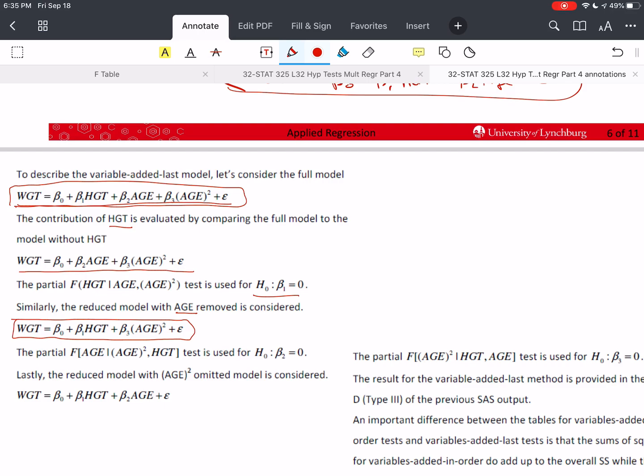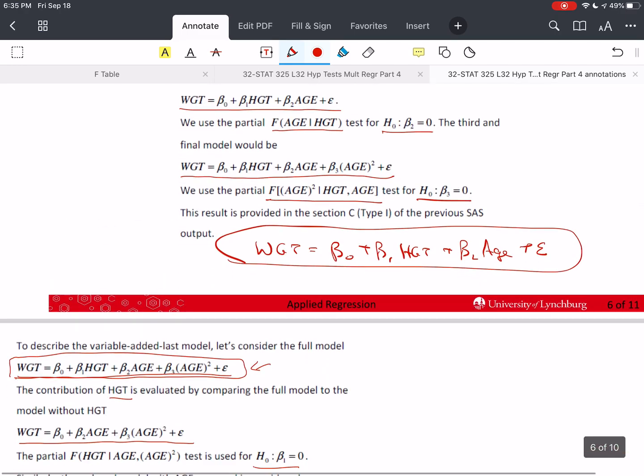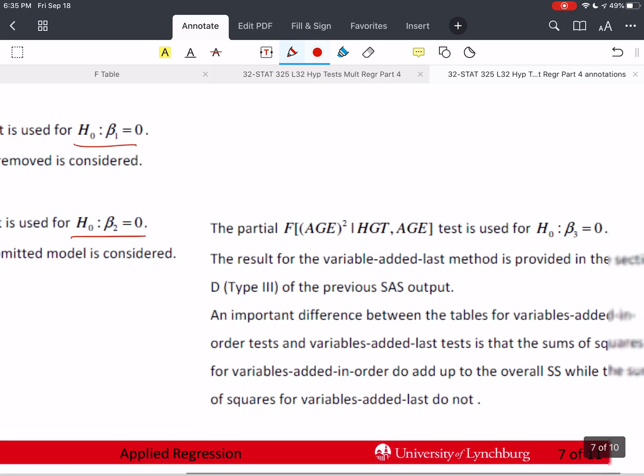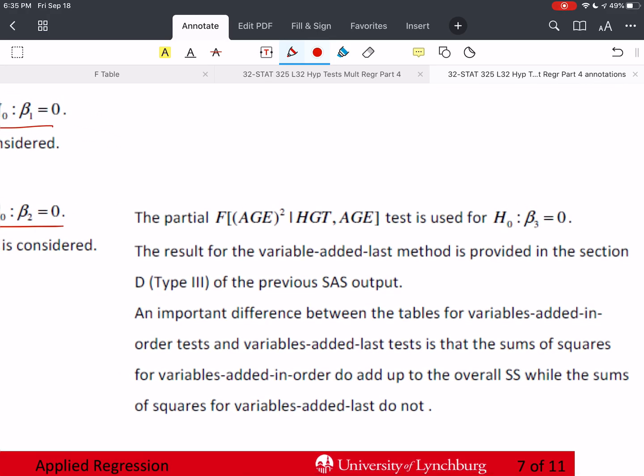And this is used to test for beta 2 equals 0. And finally, we'll compare the full model again to the model with height and age, but not age squared. Okay? And so we're going to compare those. And so let's look at, well, I don't think we're ready to. Sorry about scrolling so much. So it says the partial F test is used,